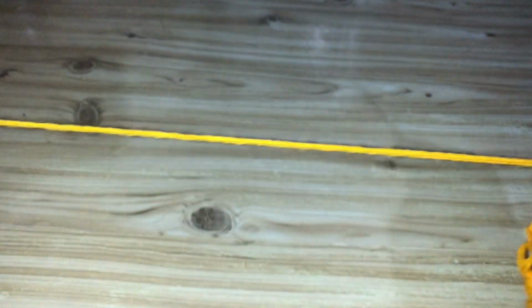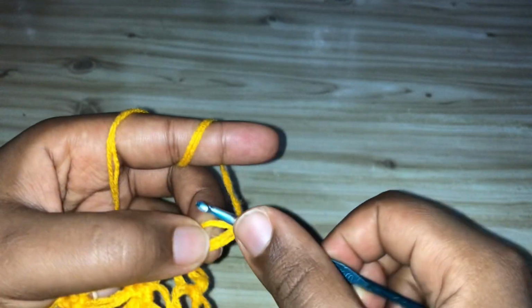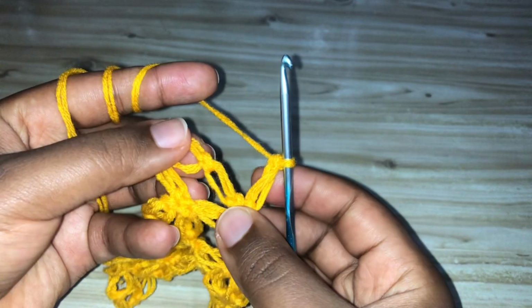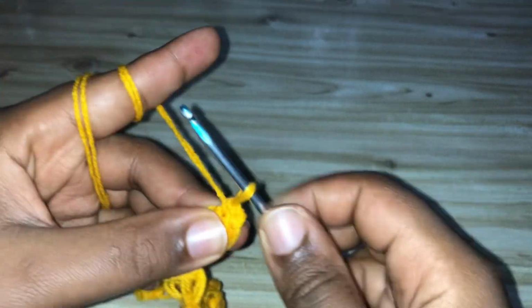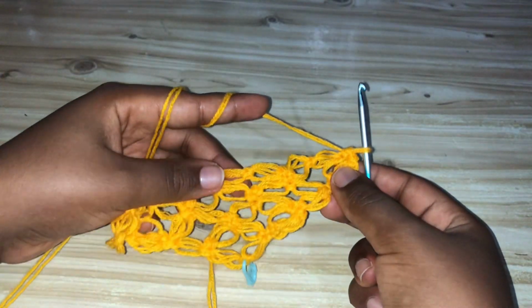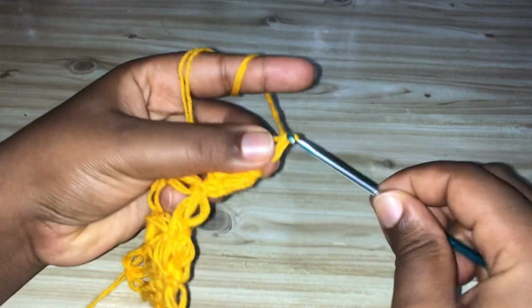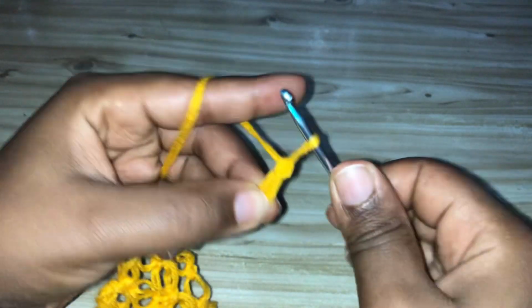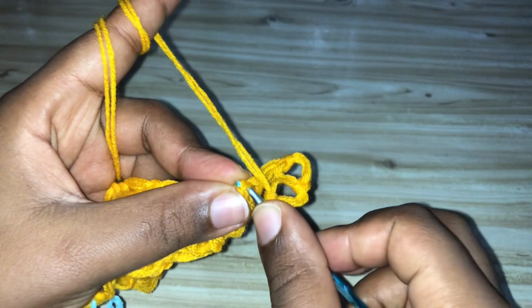So to start our next row, we're going to pull up a loop and make a knot, and then you're going to make a single crochet on top of the next single crochet. So we make that loop just to help us get right back on top of our work to start the next row. And that's what you're going to keep repeating. So pull up a loop and make a knot, make the second one and the third one, and then make a single crochet on top of the next single crochet,